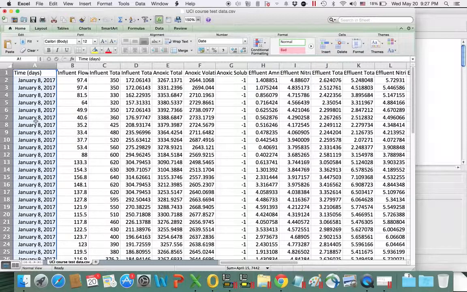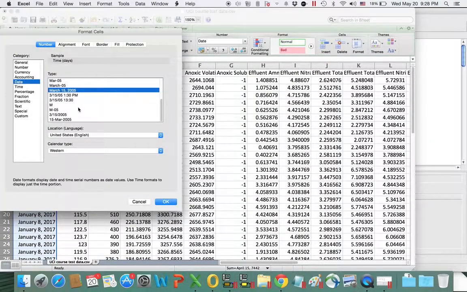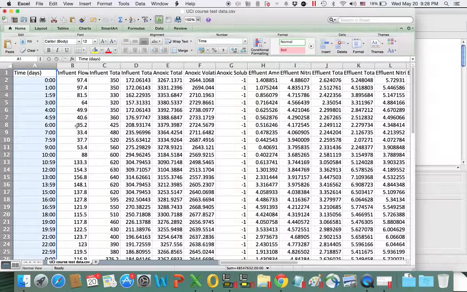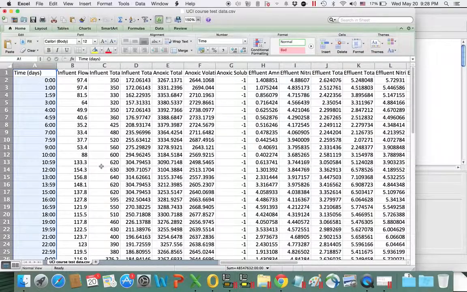I don't know why I picked that date, but the thing you want to put here is you want to put it in hours. So I'm going to format cells. I'm going to put this in time, not date. I'm going to put it in hours, whichever format of hours you feel comfortable with. I feel comfortable in 24-hour format. I'm going to go OK, and there you go. You have it in 24 hours, every hour. Some go into, for instance, here 1959 minutes, but that is simply because